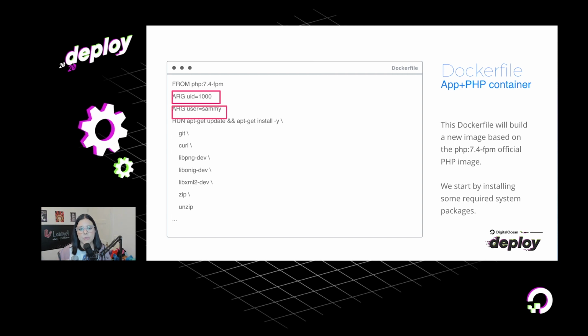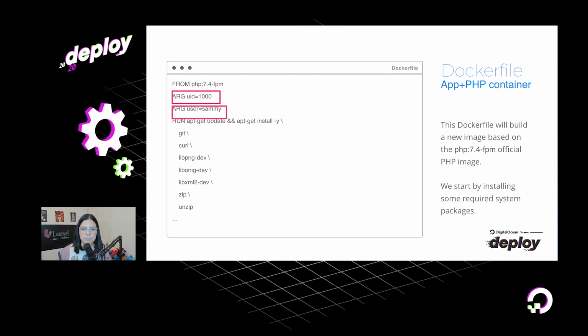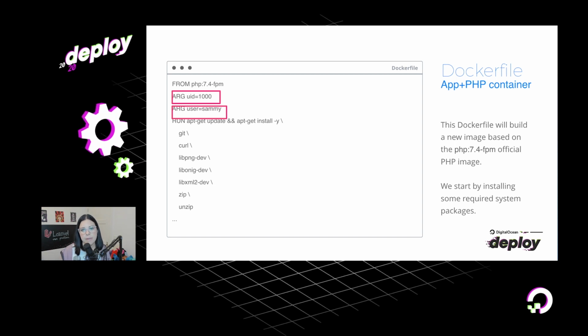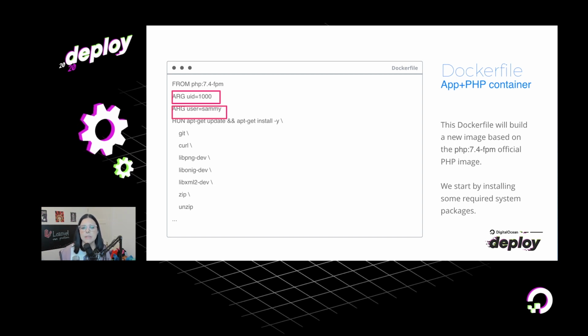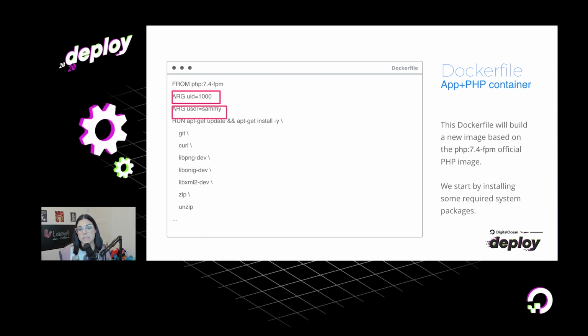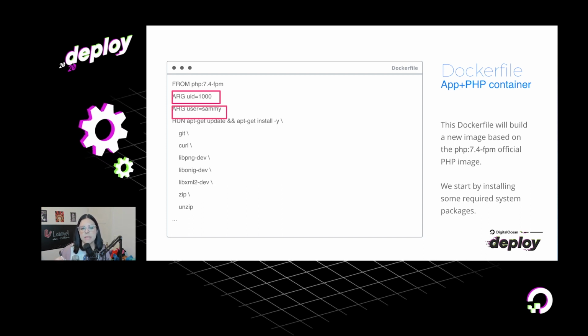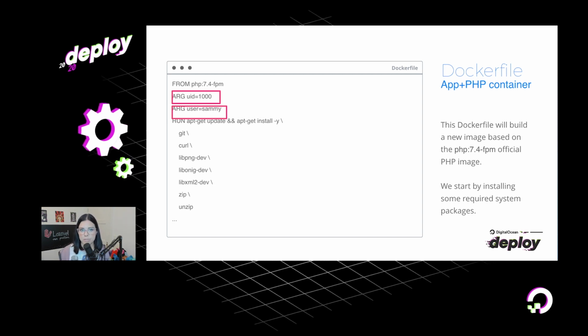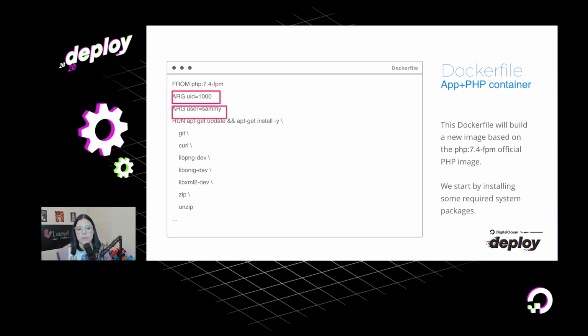It sets two variables, UID and user. These are going to be used inside the Dockerfile, in the next lines, to create a new user on that container, with the same name and same UID as your current host user, your current user on your host machine.